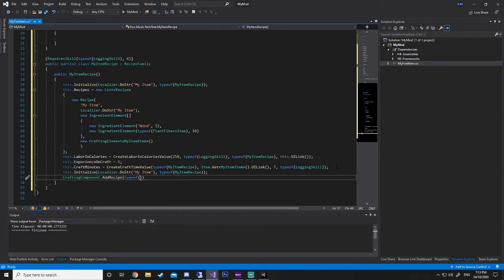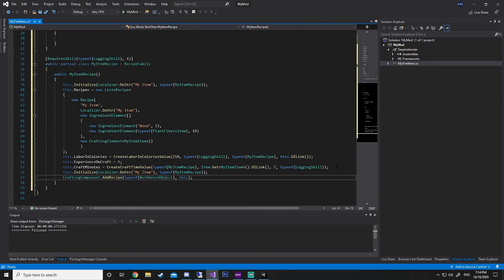Now you've got to be real careful here, because say we've got the tailoring table. The tailoring table has got 2, so we have tailoring table item or tailoring table object. That's the item, this is the object. So when you're referencing tables for crafting, you need to reference the object, not the item, because otherwise it'll just throw an error and it won't work. But we're just going to add this to the workbench. So we're going to go workbench object, and then we're just going to end it with this.